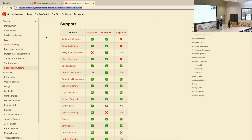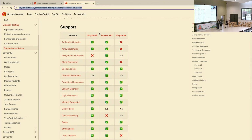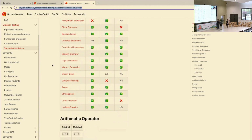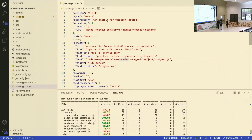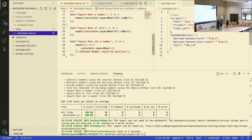Just to show you about Striker a little bit, Striker is a tool that works for JavaScript and TypeScript. There's also a Scala and .NET version of it. And depending on the language, you can see the kind of mutants you can create, because, like I mentioned, optional chaining works on JavaScript, but not on .NET, for example. And what is interesting is that there is a config file, and you can define here